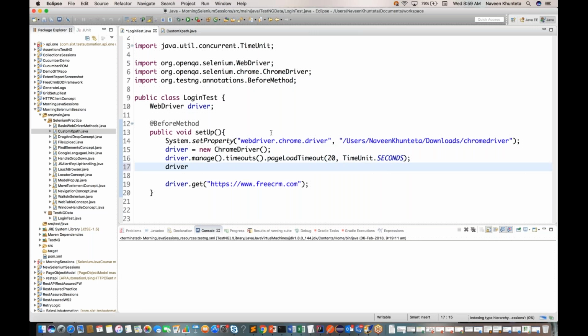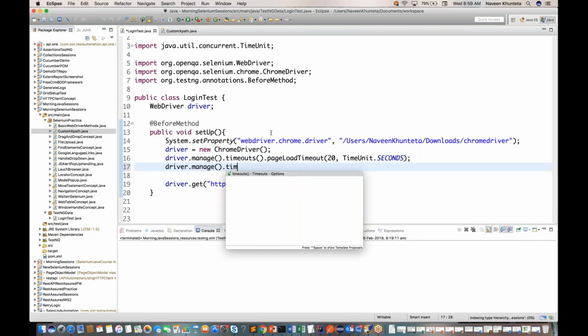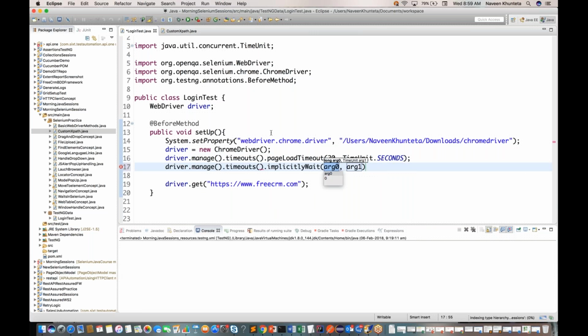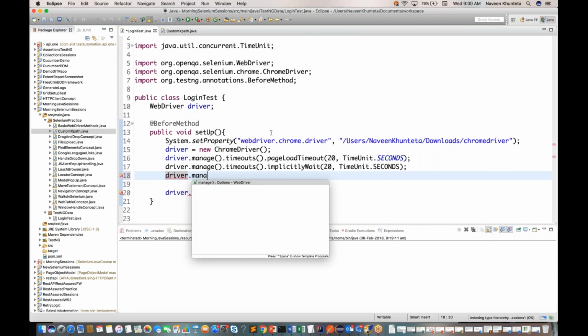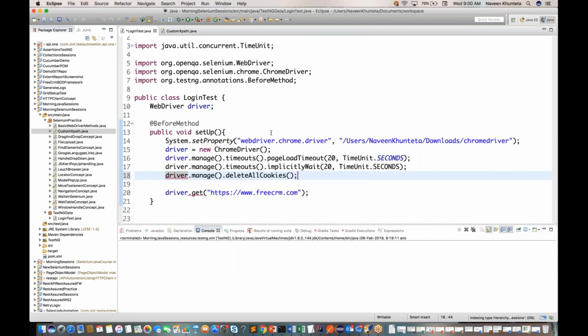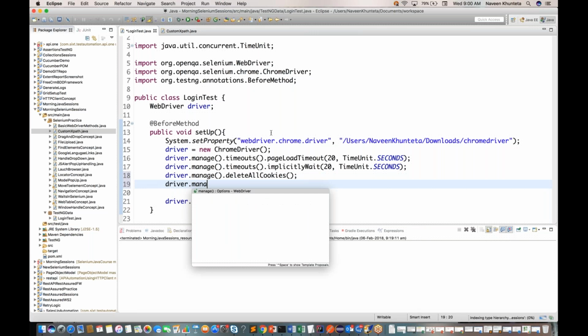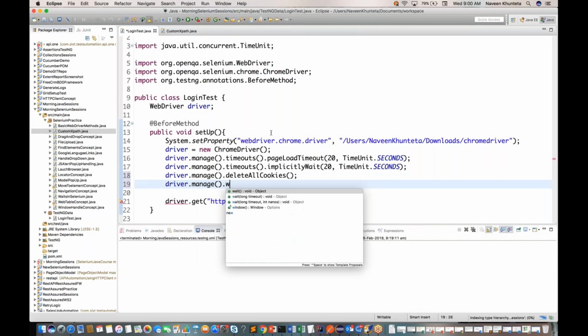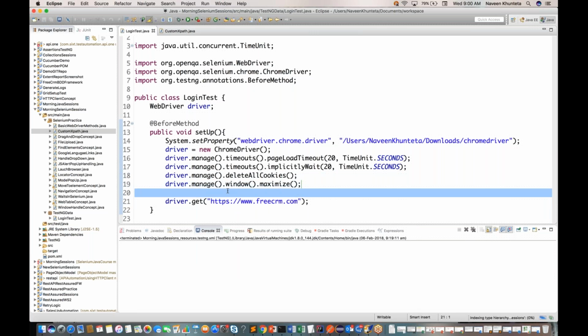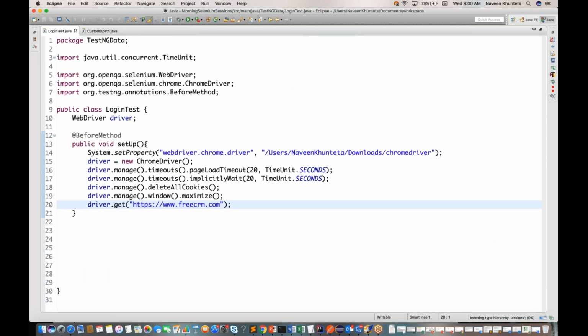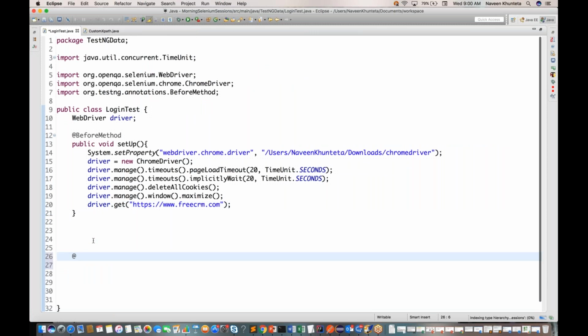And driver dot manage dot timeouts dot implicitly wait also I have written, TimeUnit dot seconds, and driver dot manage dot delete all cookies, and driver dot manage dot window dot maximize also I'm using, and then I'm launching my URL. Perfectly fine, and then I'll define my @After